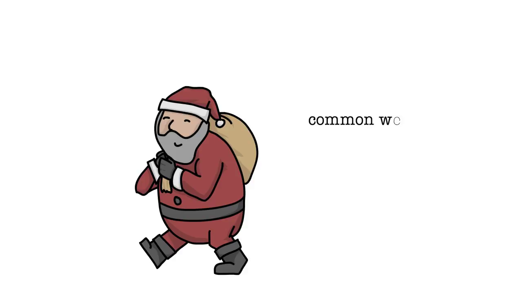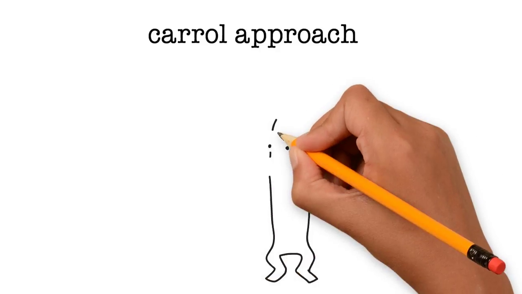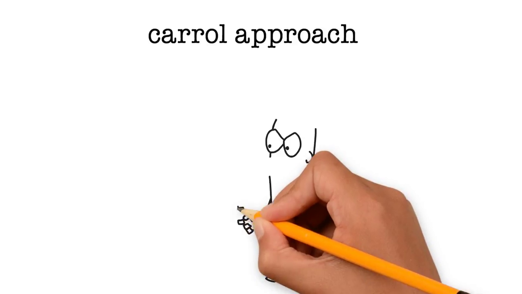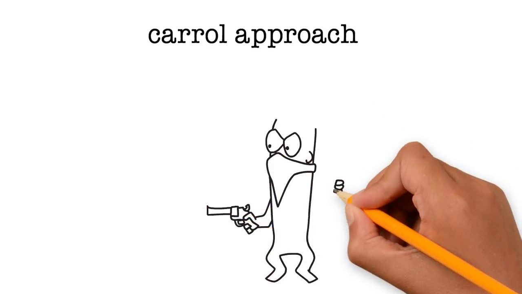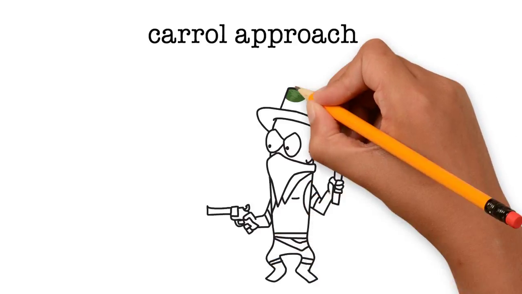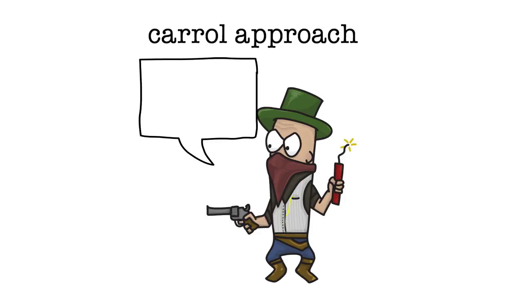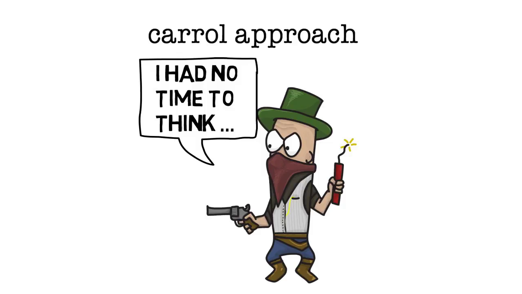The first case is Commonwealth v. Carroll, and the second case is State v. Guthrie. Under the Carroll approach, no time is too short for a wicked man to frame his mind on the scheme of murder. This is a prosecutor's dream case because it sets such a low bar for premeditation that even if a defendant had only a split second to reflect on their act while immediately pulling the trigger, that brief moment still amounts to sufficient premeditation